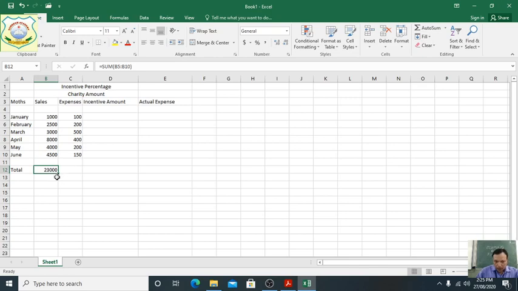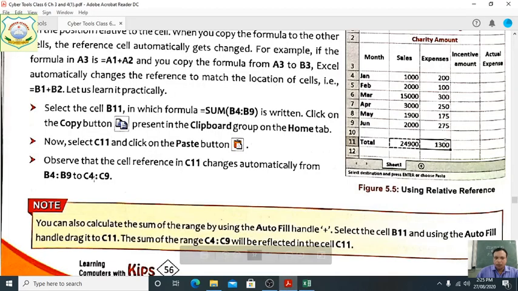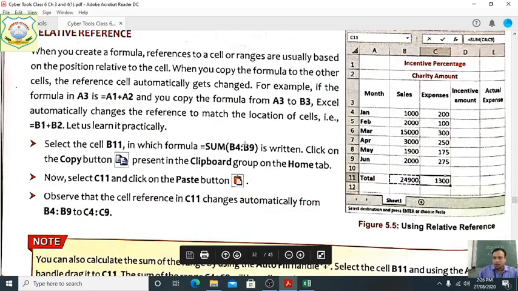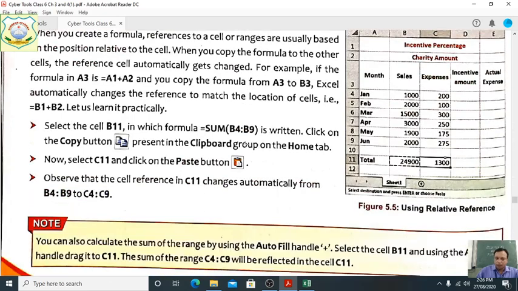Look, this is the cursor, see the mouse cursor. Now this is the autofill handle. This plus sign is showing this. Look everyone, now we are just going to the corner of this, this is the B12, and now drag it. So this way also we can use the copy and paste option. Clear, students? Same answer will come. So this is the property of the cell reference. This is the form of the cell reference. Clear, students? This way we will do with the help of the relative reference.